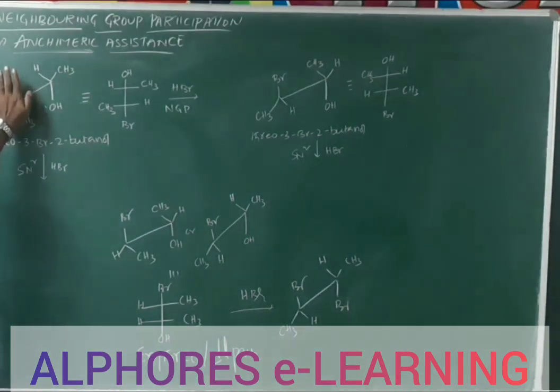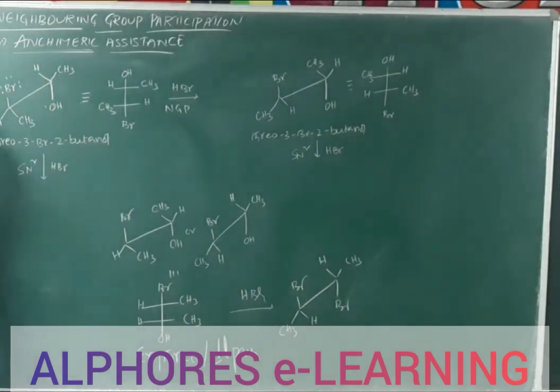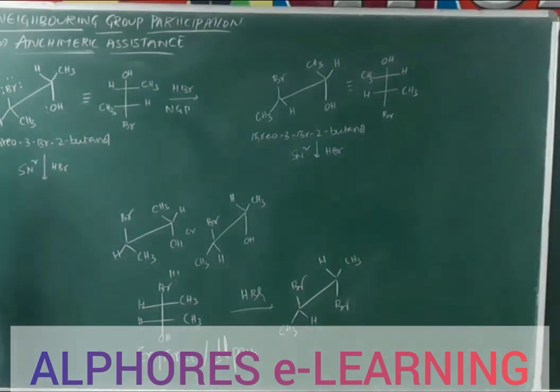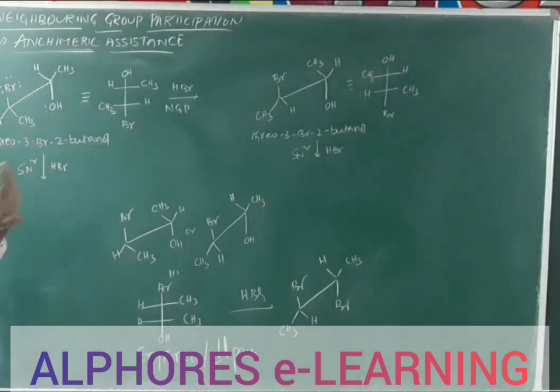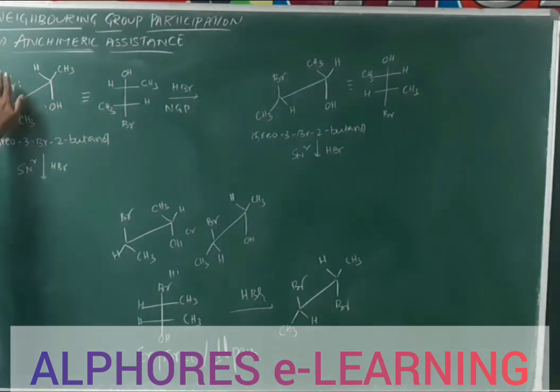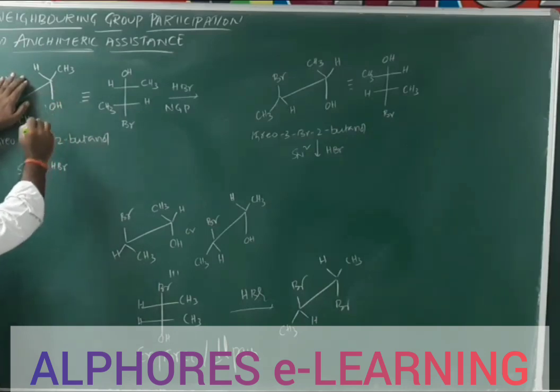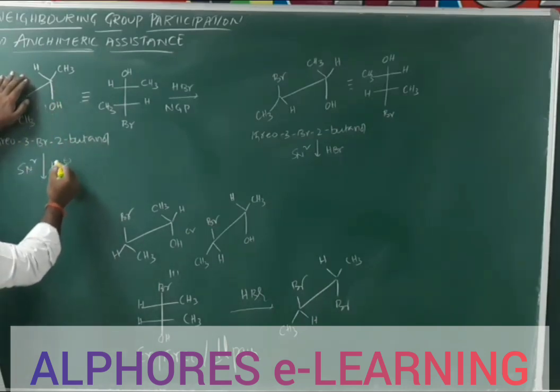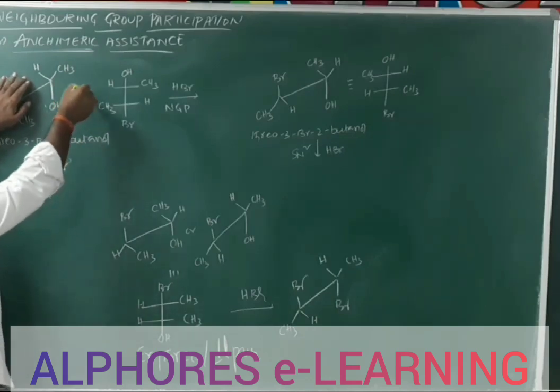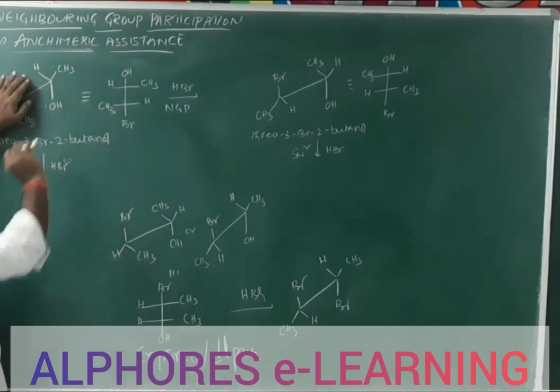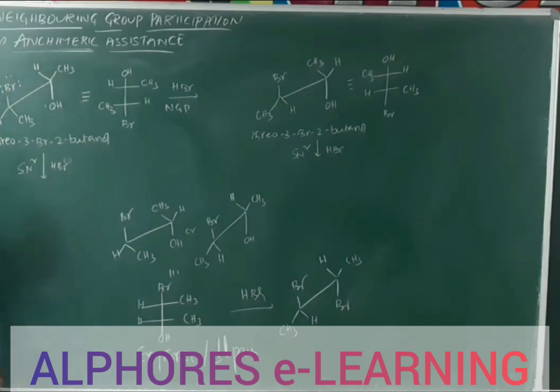Suppose this part is not there, and some group G is there, not a halogen, on the beta carbon with respect to the OH-containing carbon, so no neighboring atom can assist. Neighboring group participation is not there. In such a scenario, H plus protonates and it converts into OH2 plus. Now this OH2 plus is a good leaving group, and the counterpart Br minus approaches from the rear side, so we get the inversion product with respect to this one.